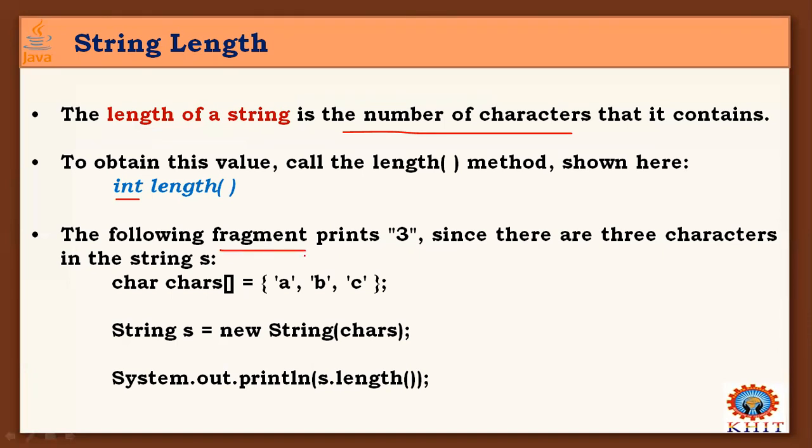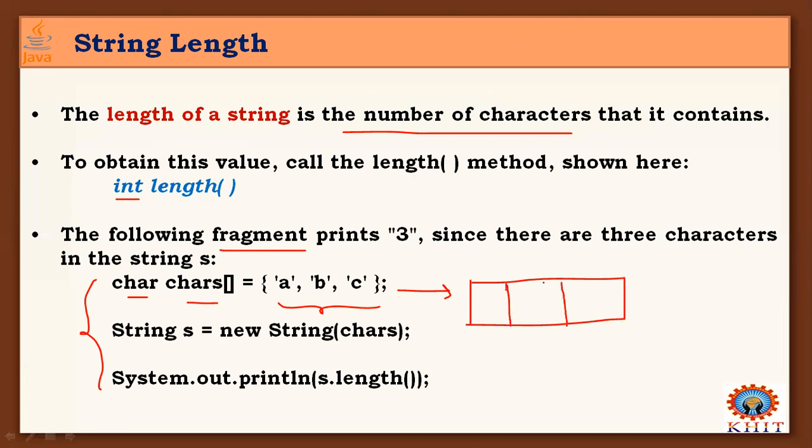And here the following fragment is a part of code. And here it is a character array with literal values of characters, ABC. And I already told you the internal memory allocation for this character array when we declare like this. So these are the characters placed in the character array, and the starting index starts with 0. And this is the internal memory allocation for this array.